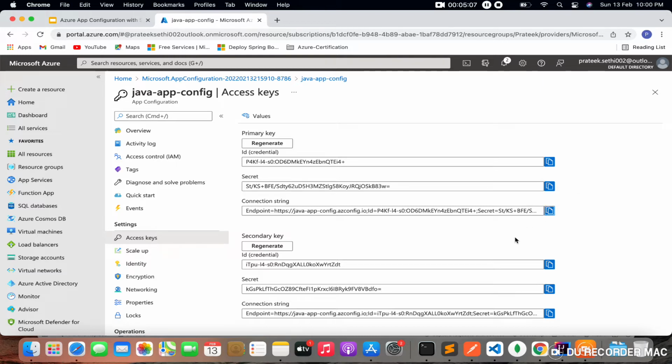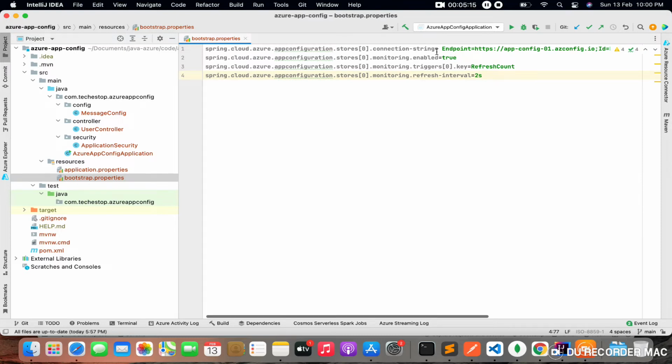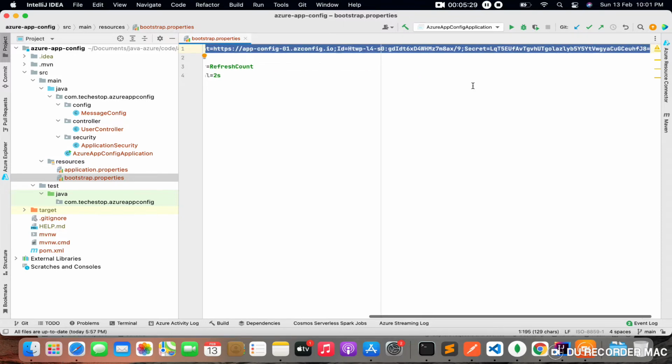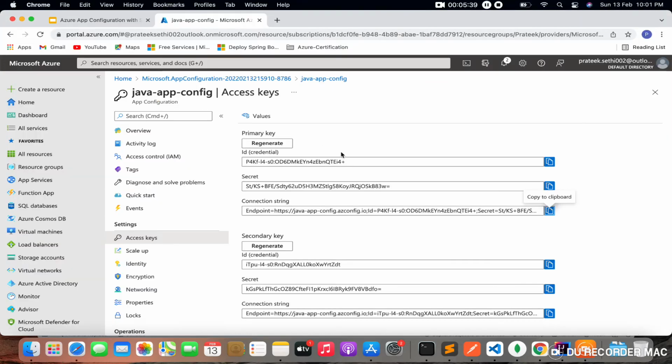and I'll just switch to the IDE first. So we have this application, and the bootstrap properties present here are the App Configuration properties which are required to configure the instance in your Spring Boot application. I'll just copy it here, and I'll go through the other configurations later. Let's move back to the App Configuration instance. This is the connection string which you have to use to access the App Configuration instance,